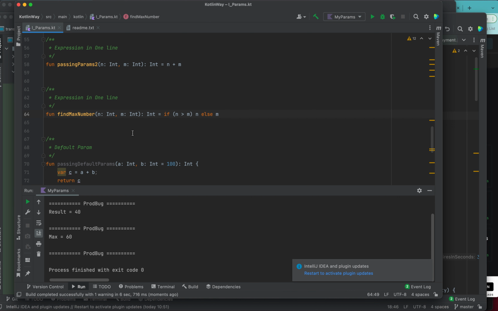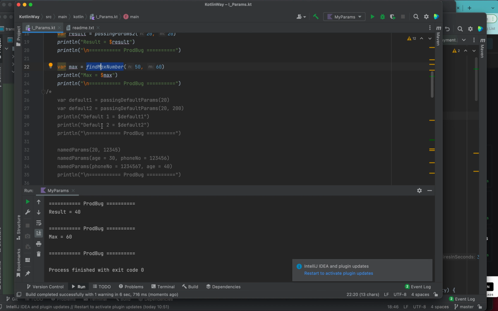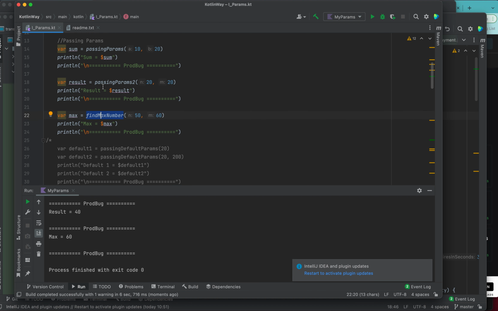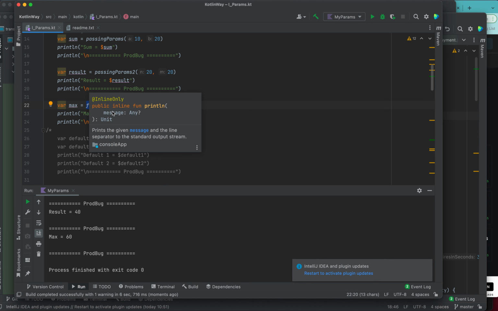Okay, so you can see the output is 60, the max number. I hope everything up to this point is clear. We are passing two integers, and this is the inline one line expression. This is also a one line expression. We have used if else in this case. Here we have used only the simple plus. Okay, so now let's see